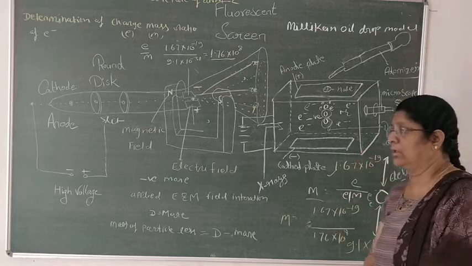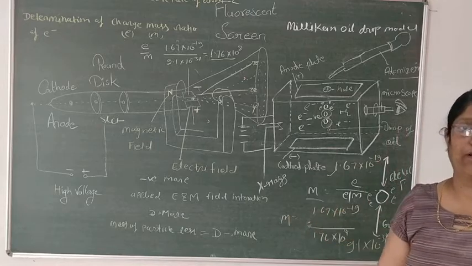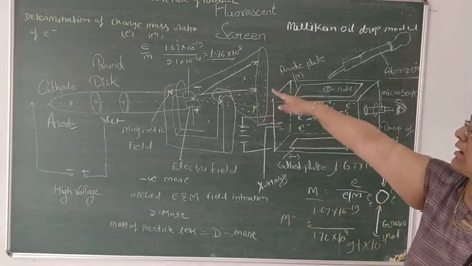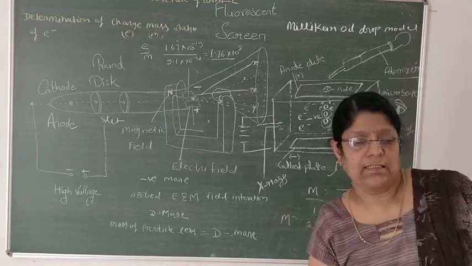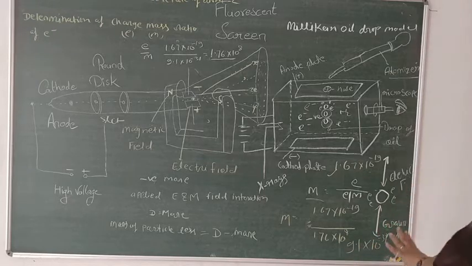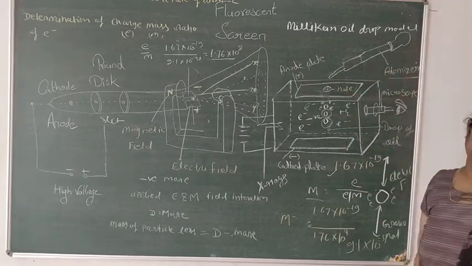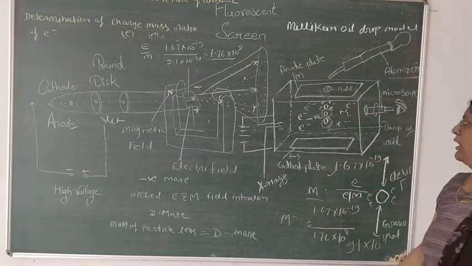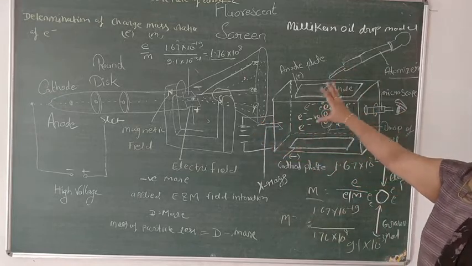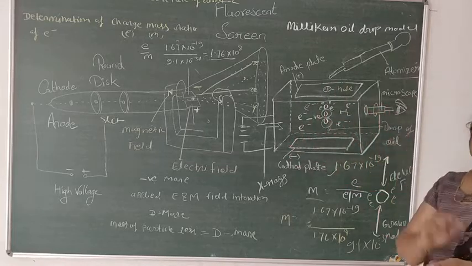Millikan's oil drop model is a very important model for getting the mass of electron, as we earlier knew that yes, the mass of electron was the same as Millikan discovered. So as we are talking about Millikan's drop model, you must be very clear about this diagram. This diagram is divisible into three parts. The first part is this atomizer, second part is this hole, and third part the cathode rays which we are providing. This chamber is fully filled with gaseous particles.